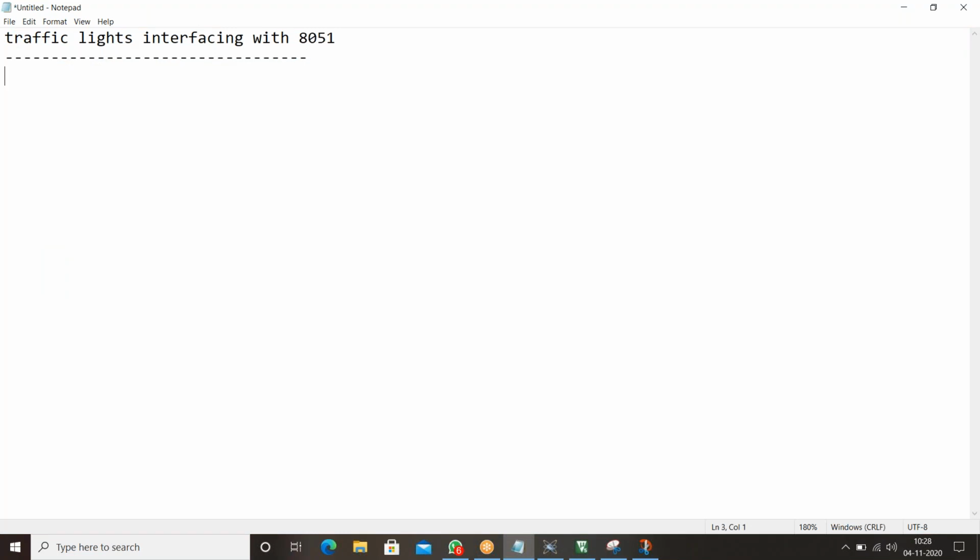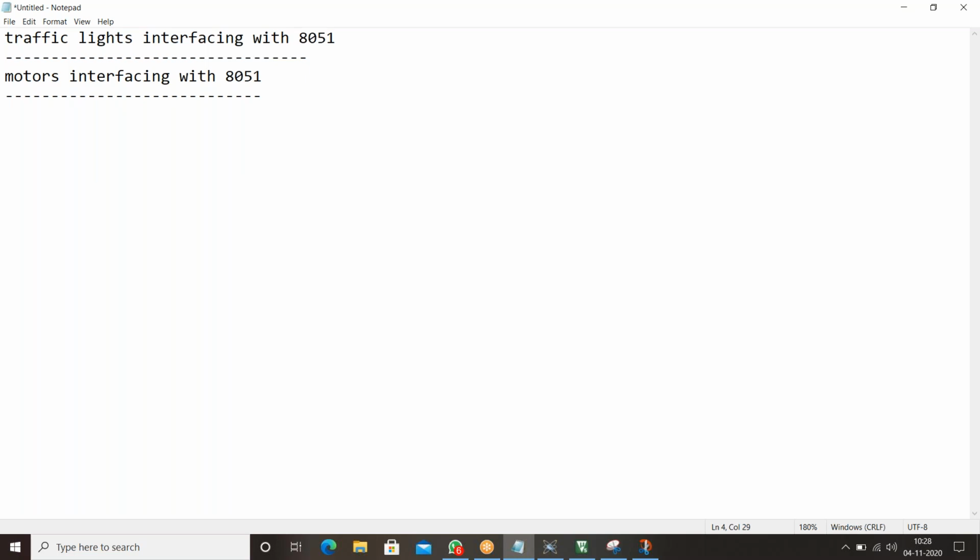Okay guys, the next task we are going to do is motors interfacing with the 8051 microcontroller. What are the components required for the 8051 microcontroller?